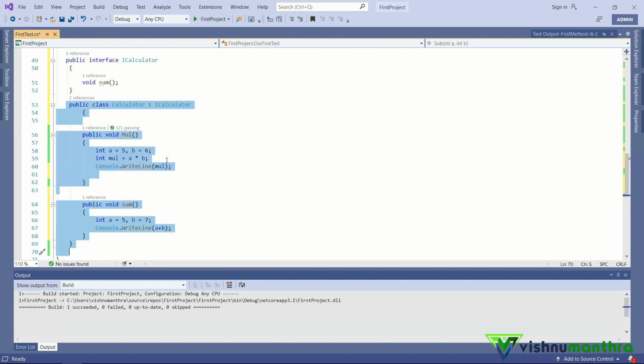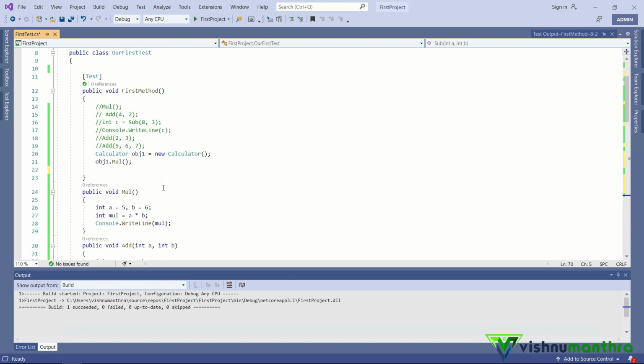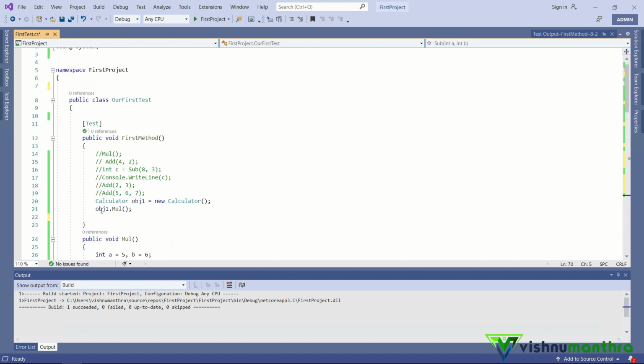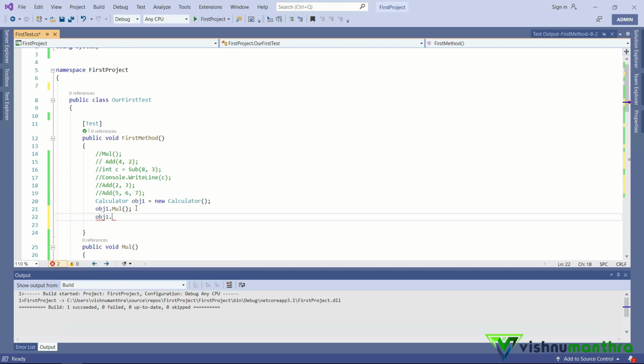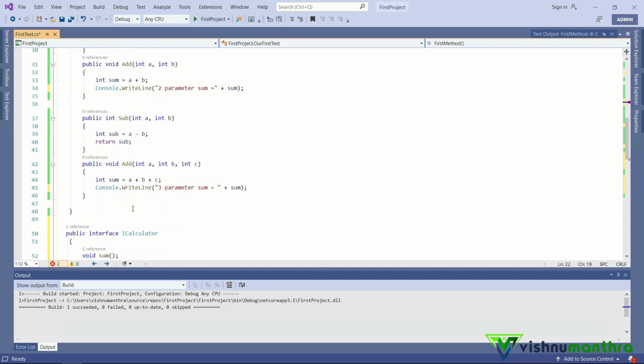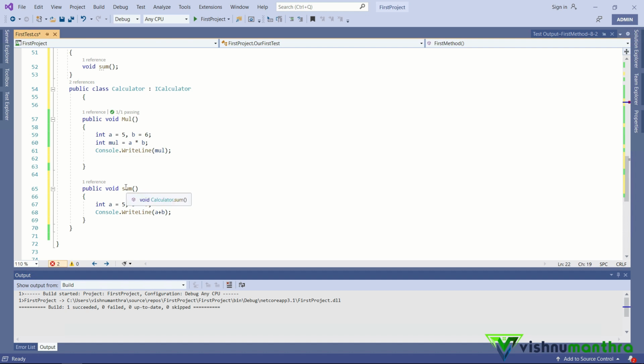Okay, now let's try using this particular method inside our test method. So I'm going back to our test method. Here we have this object1 declared, right? So what we will do is have object1 dot sum. I used to follow the convention of having capital letters for the method name, so I'm changing it here and here as well.